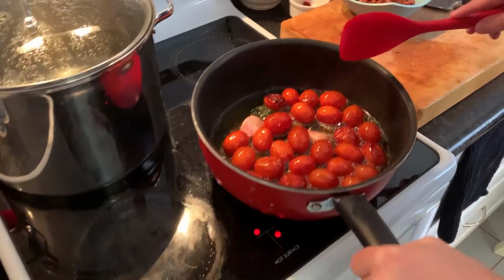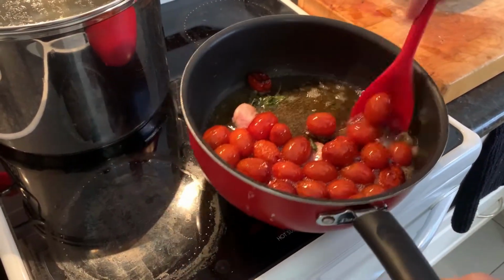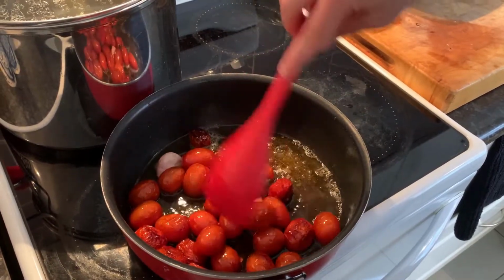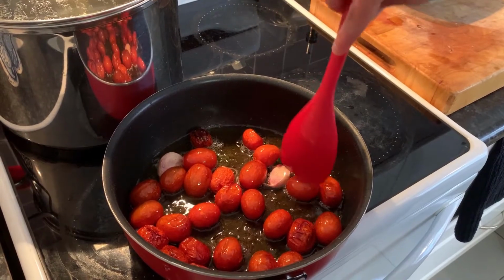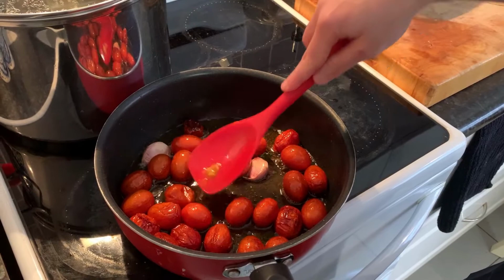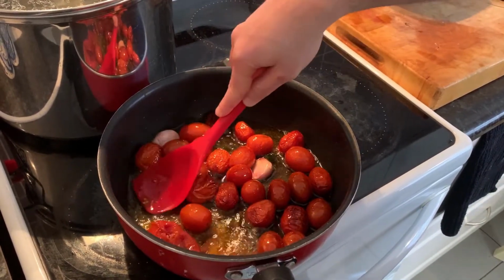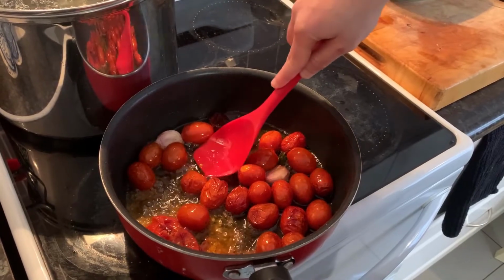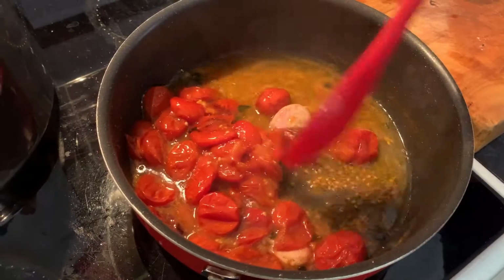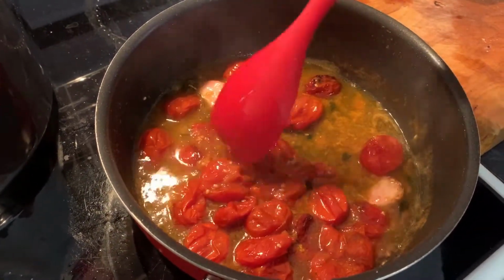Now I just make sure that the oil doesn't get too hot, because I have an electric stove. I just remove it slowly. With the gas should be a bit easier. And now what we do, gently we break the tomatoes in here so that they release the juices. And we let this fantastic nectar cook for a few minutes